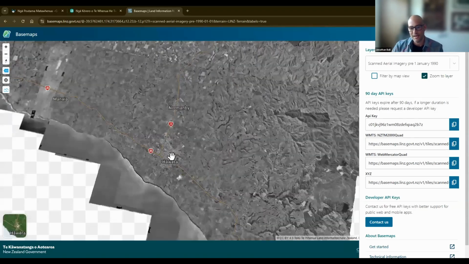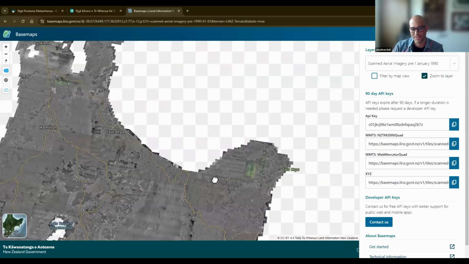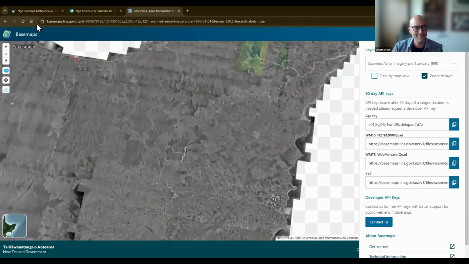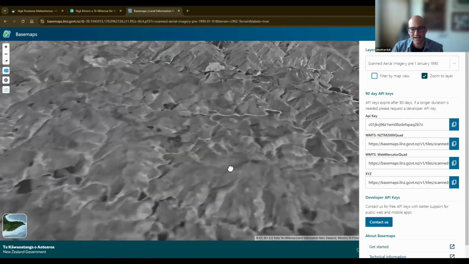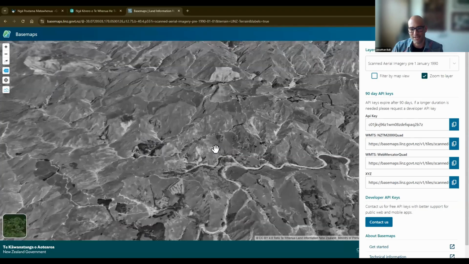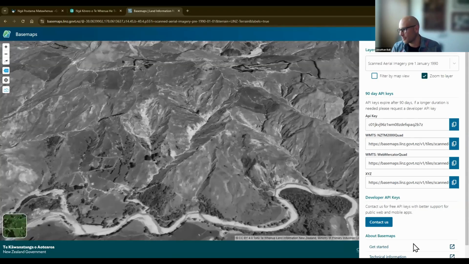Thank you. So, as you can see, it's a cool, kind of beautiful historic layer, and it's 3D if you want it to be. So it's a really interesting way of viewing all of this historic data in a quite a modern way.